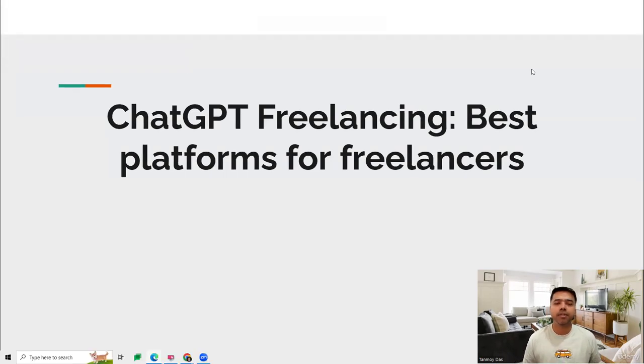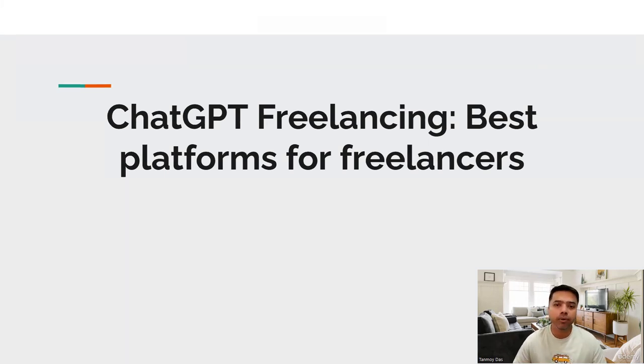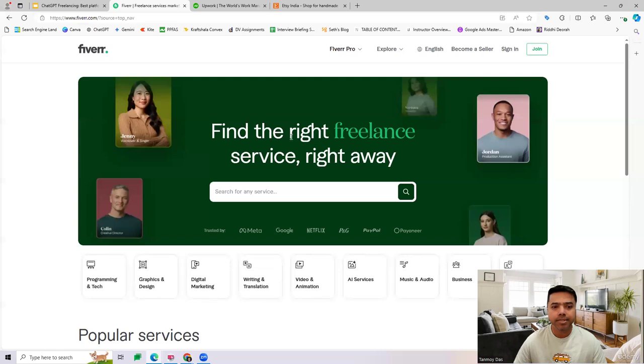In this session, we'll see the different platforms which we can use for creating different types of digital products and setting up online businesses, which we're going to do with the help of these AI tools. So let's have a look at it. So I'm going to suggest three most effective and the best platforms in the world which you can make use of to start this freelancing journey for yourself. So the first one which we're going to look at is Fiverr. So let's look at that.